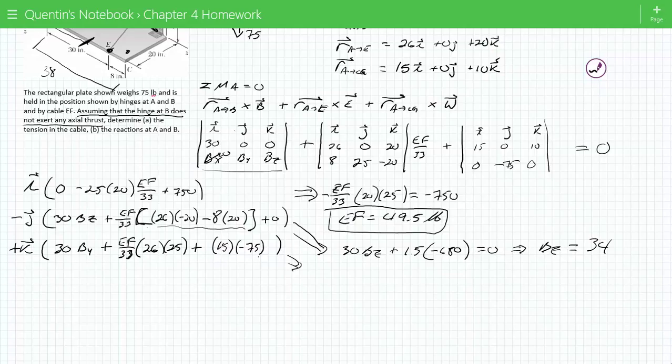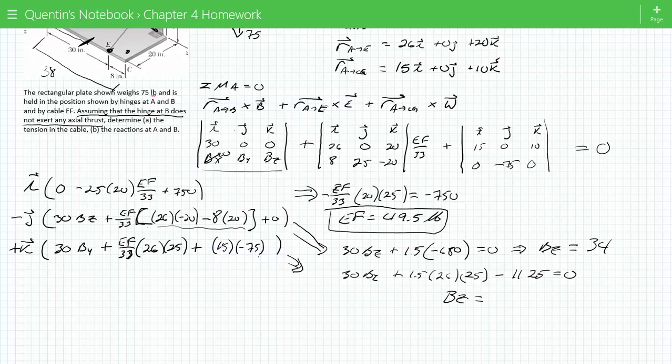And then this one right here, we're going to use this equation. So 30 BY plus 1.5 times 26 times 25 minus 15 times 75 is 1125. 1125 equals 0, and that gives us that BZ is equal to,